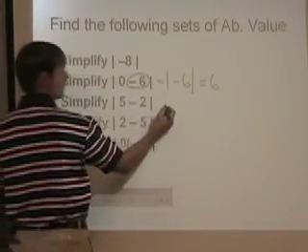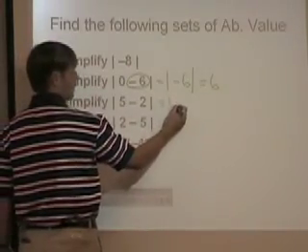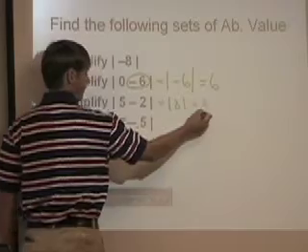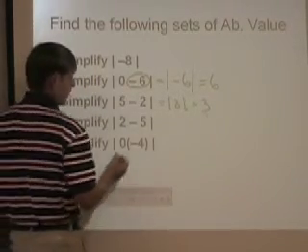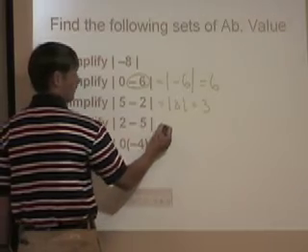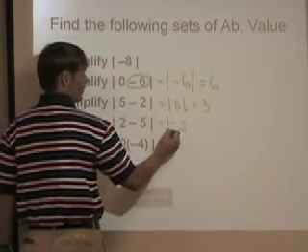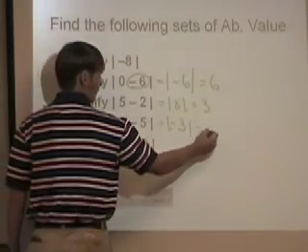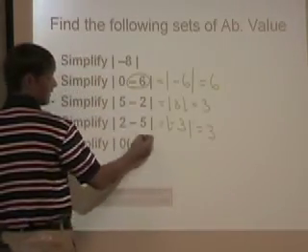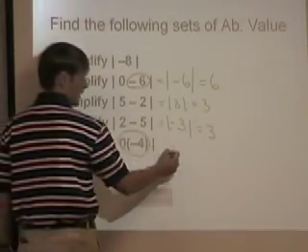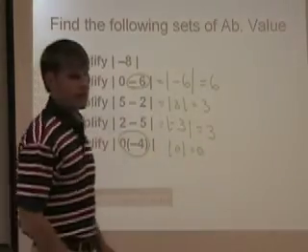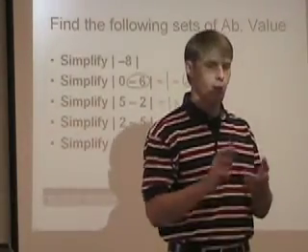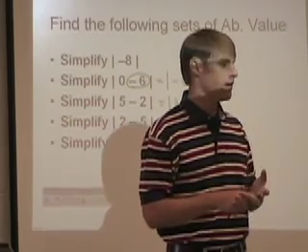What's 5 minus 2? 3. And what's the absolute value of 3? 3. Not negative 3. What's 2 minus 5? Negative 3. And what's the absolute value of negative 3? 3. What's 0 times anything? 0. And what's the absolute value of 0? 0. So today we learned what an integer was, what a positive, negative number were, and we learned